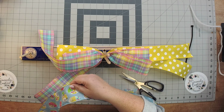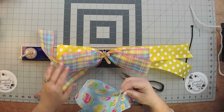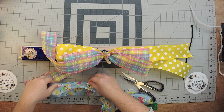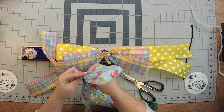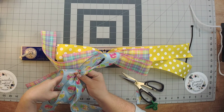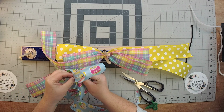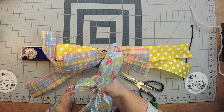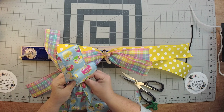So again, I'm going to start with my tail, and then I'm going to go with a 6-inch because we're moving on down. Actually, I'm just going to use this because I can't see the loops at this point. I'm going to start with it. Goes down to 6-inch and pinch. Now, this ribbon is definitely one directional. What I mean by that is the little eggs and the words, happy Easter, on the Easter egg, are going one way. So if I'm not paying quite close attention, I could end up with a tail coming down that is upside